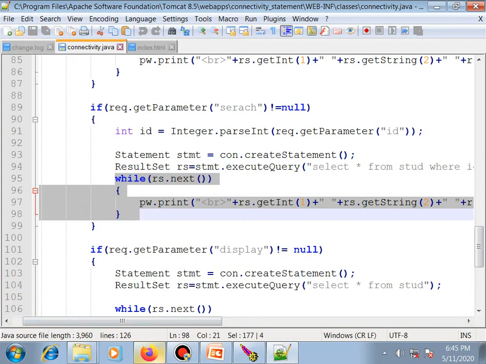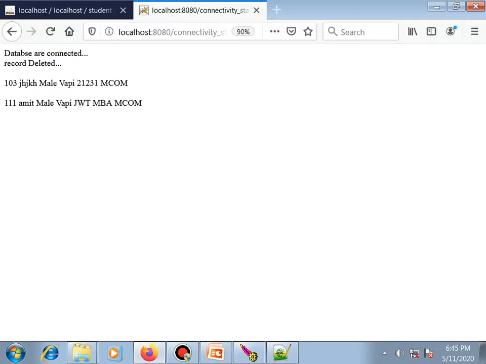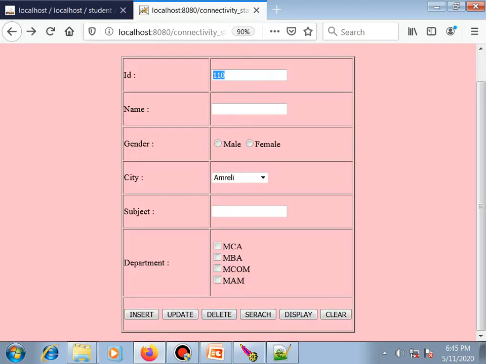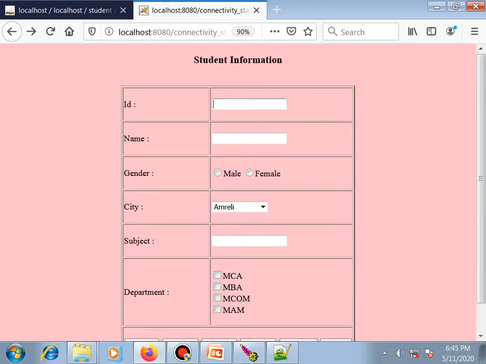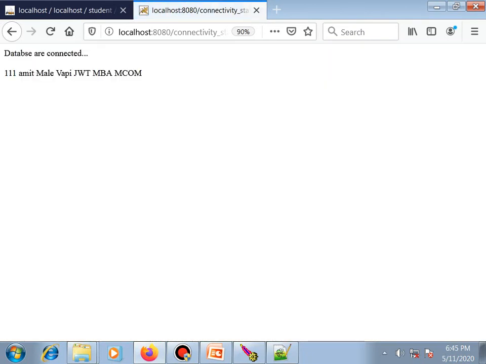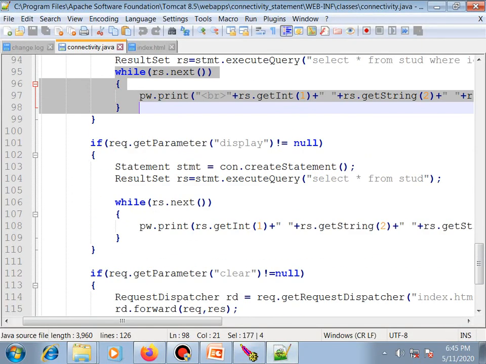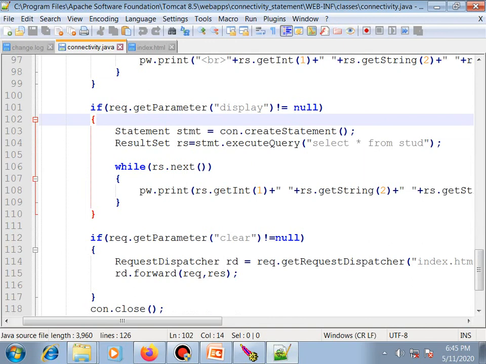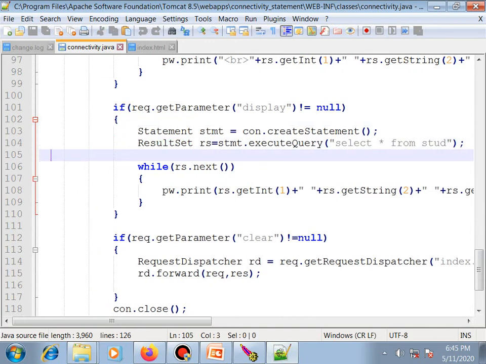So how can we search? If I want to search the data of 111, just write 111 and click on search. You can get the data of 111. Next, for displaying, we use the result set, select star from stud.